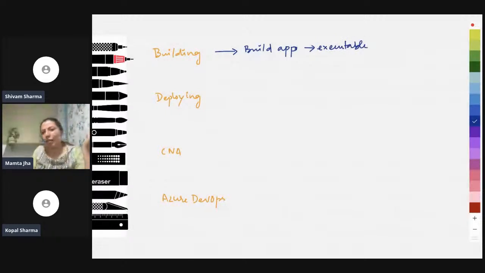And in case of microservices, you have multiple executables produced. So here we are creating our app executable. Our front-end application, which is an ASP.NET Core application, would be built. We would be producing an executable output out of that. This output we will be picking up and going ahead and containerizing it.